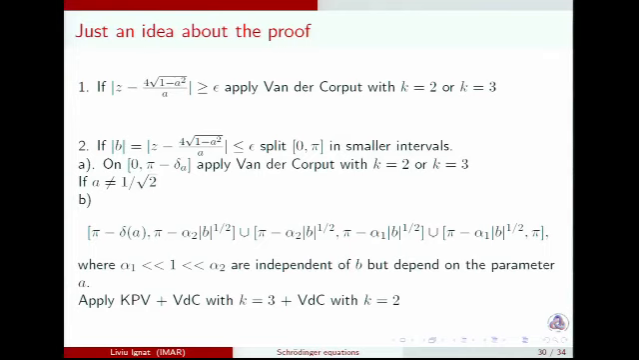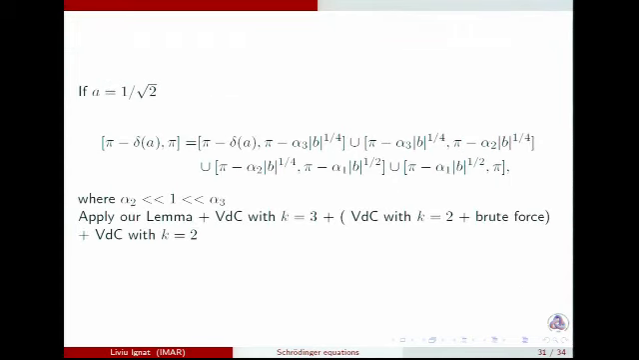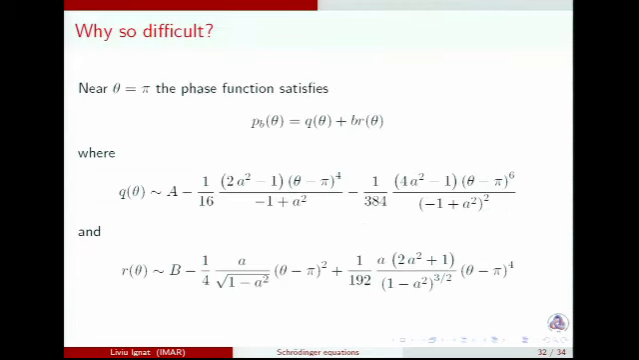So in one case you have to split into 3 intervals. You have to apply the Kenig-Ponce-Vega result, van der Corput with 2 or 3, and in this crazy case, for which we spent maybe 4 weeks, 1 month to treat, you have to split into 4. And now just to show you